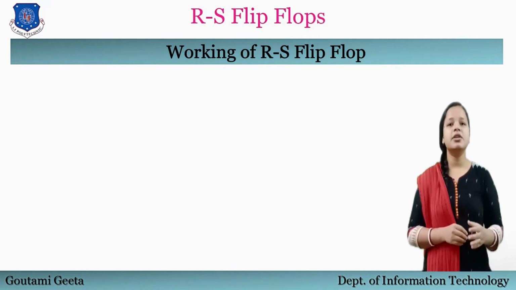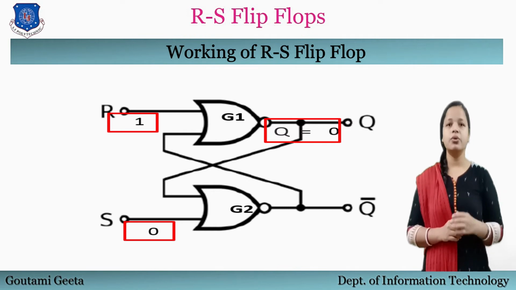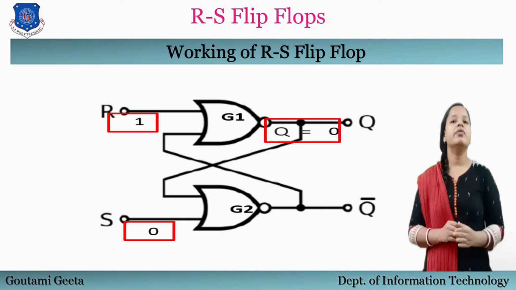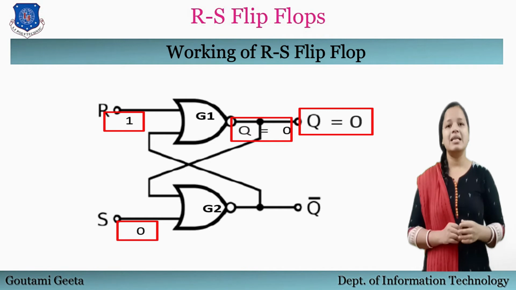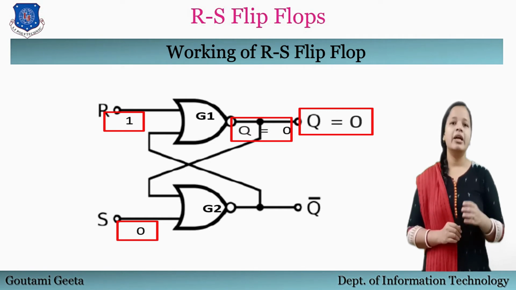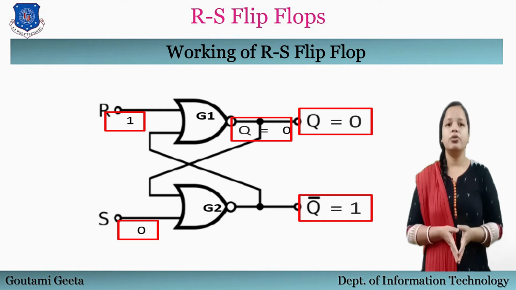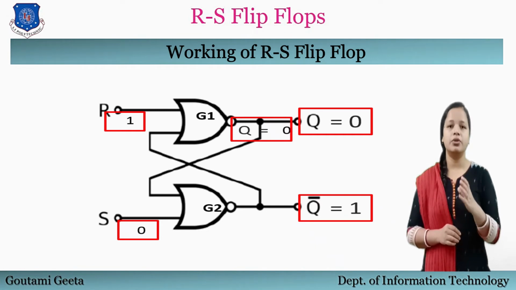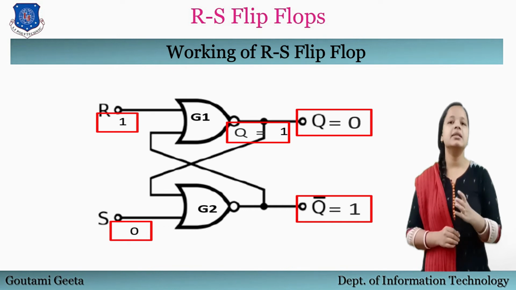When we have S is equal to 0, R is equal to 1. Let Q is equal to 0, then from the property of NOR gate, we can directly say whatever will be the second input, and at gate 1, we get output as Qn is equal to 0. And when we have Q is equal to 0, since both inputs for gate 2 will be 0, so Q dash will be 1. Similarly, output will be there for Q is equal to 1. And this state of flip-flop is known as reset state.